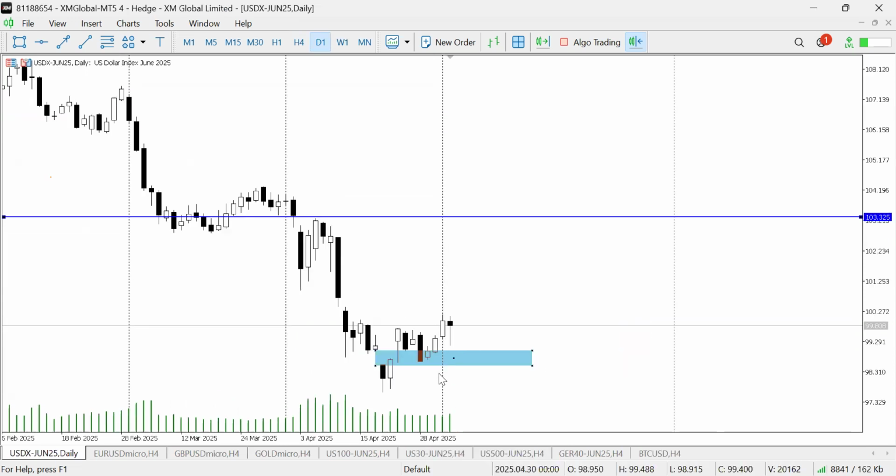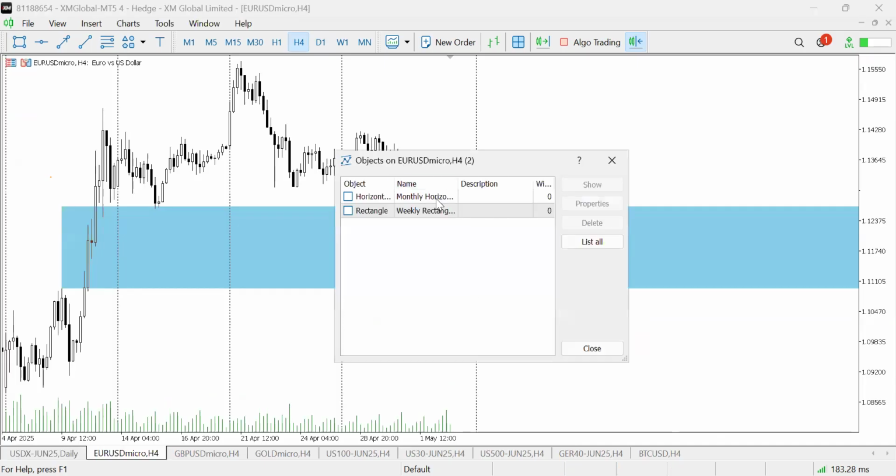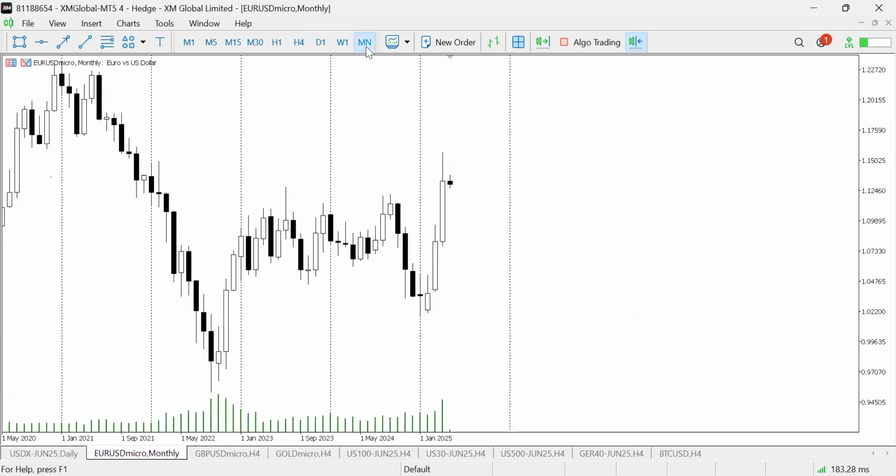And if you look at it, this is like a market maker buy model, right? We had a consolidation. We left the consolidation, low risk sell, went down. This is a market structure shift. So we're looking for accumulation, then distribution higher. So it's fair to say that it will be nice to see higher prices on the dollar. With that being said, let's come to the cable, do a top-down analysis.